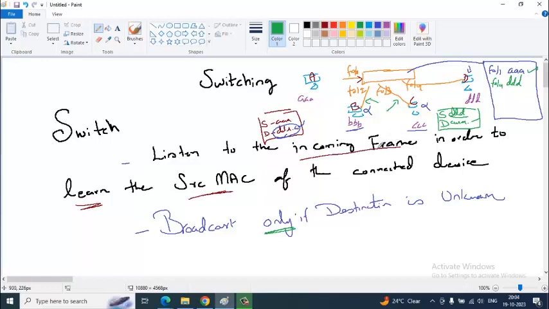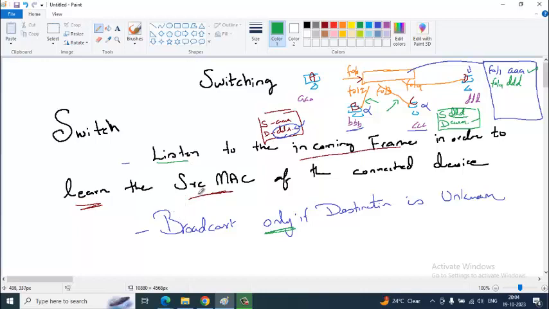So, of course, this is a smart device. It's not broadcasting all the time. Once it learns the MAC address, it does the unicast. All right. So listening makes learning possible, and learning avoids broadcast.